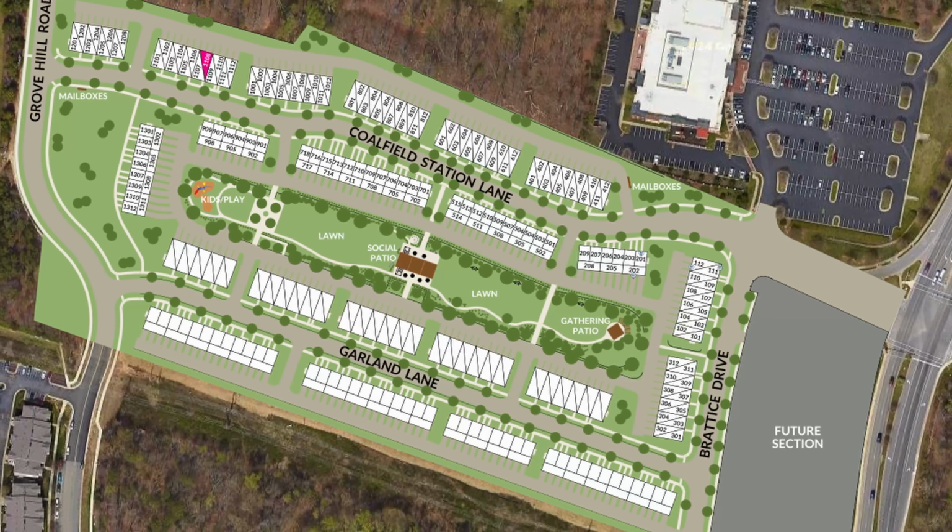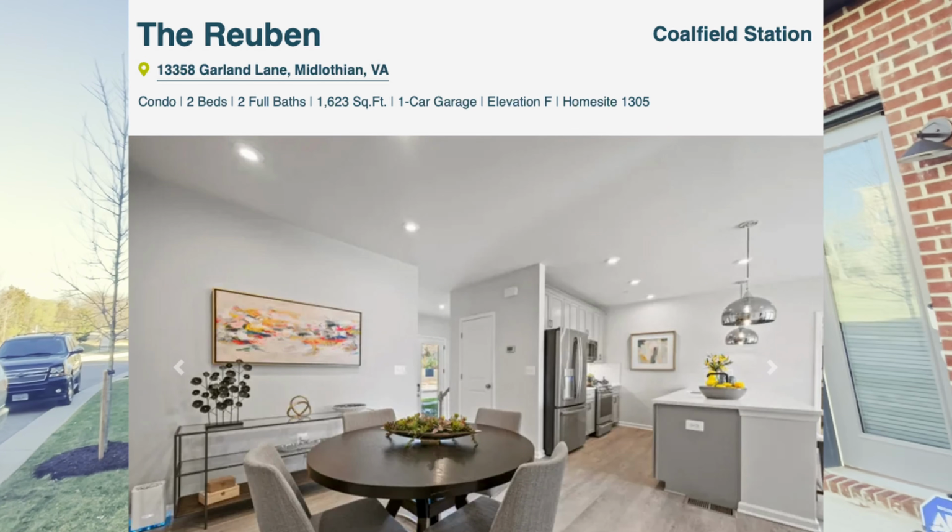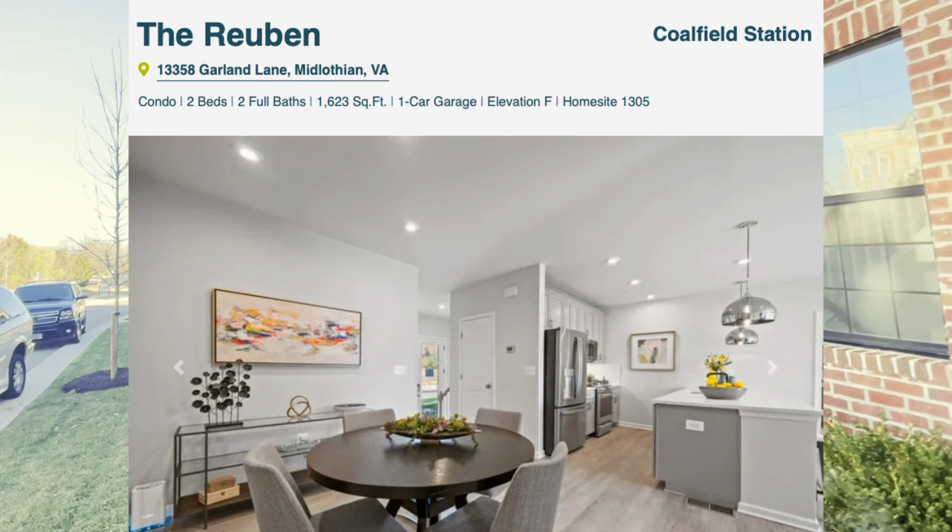Now, the park is the whole length of this neighborhood pretty much. The park is on this side. So if you have a condo on this side, you can overlook the park if you're at the top. Just FYI. And also the Reuben, to me, it looked like it only had 2 bedrooms, if you ask me,